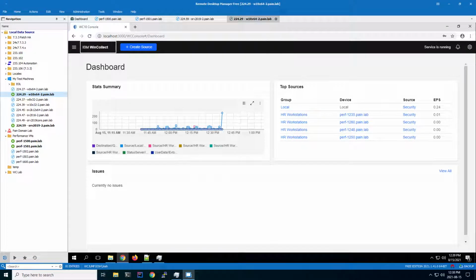Actually, before I start going into the agent config file, I think this would be a good opportunity to show what's going on behind the scenes with the agent. Now, another huge feature that we've added was the ability to have the agent auto-tune itself. So no more worries about the tuning profiles and the polling interval times, etc., that you would have to worry about with WinCollect 7. Now we can take a look at what the agent's doing just by going into this